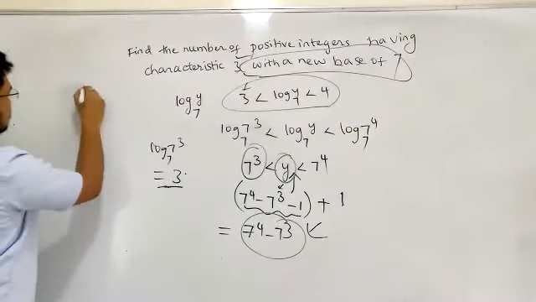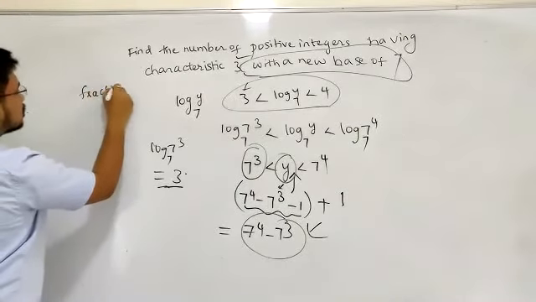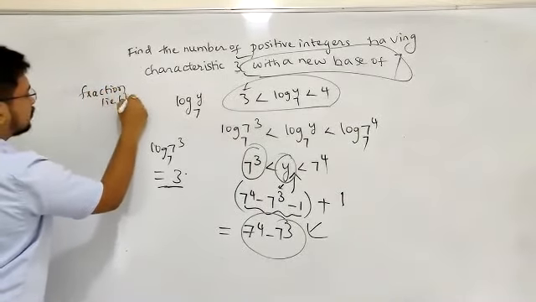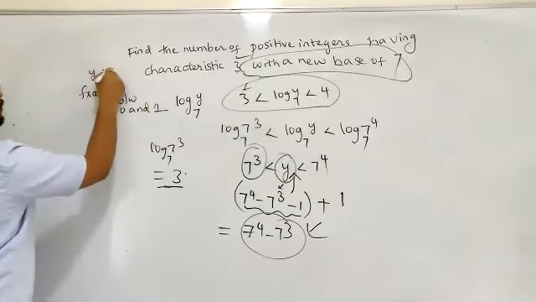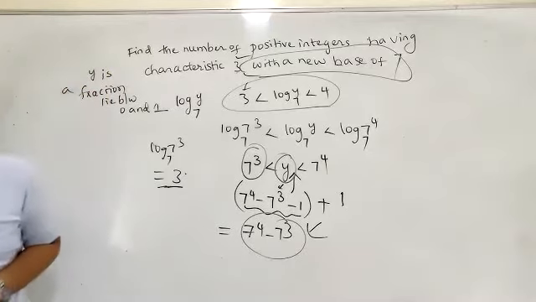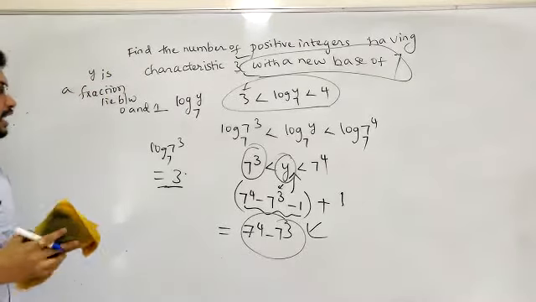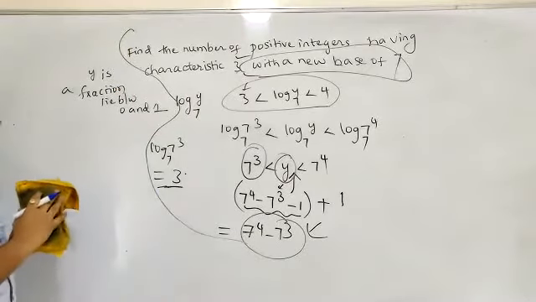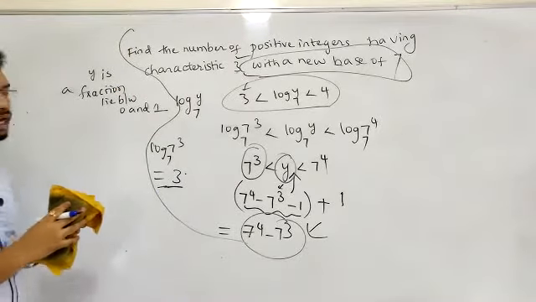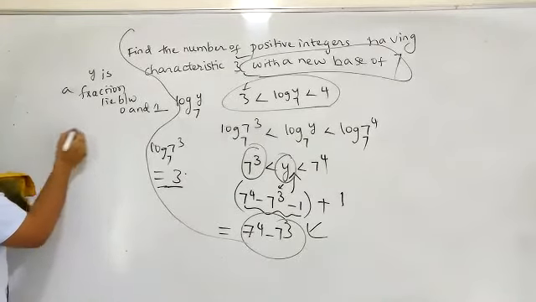If a fraction lies between 0 and 1, let's say y is a fraction lying between 0 and 1. So this is all about number of digits. Number of digits ila kanukovali. So if I take a fraction which is lying between 0 and 1, let's say